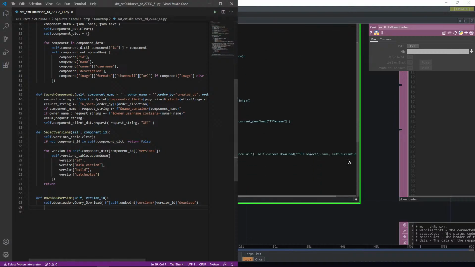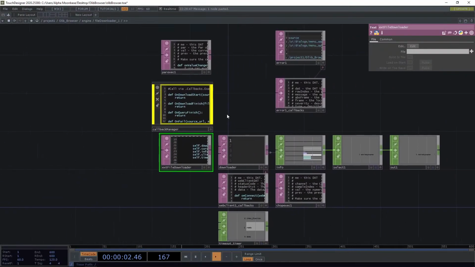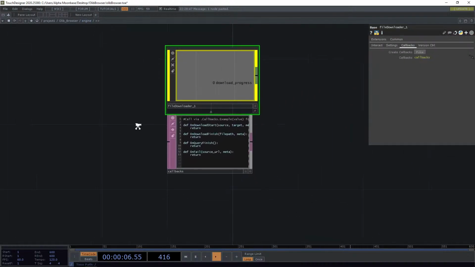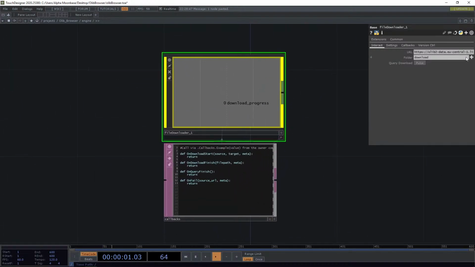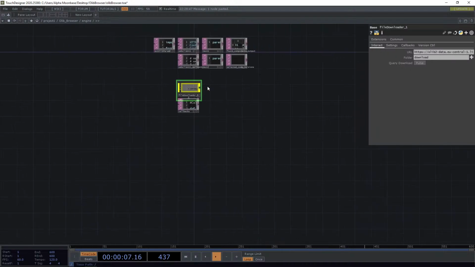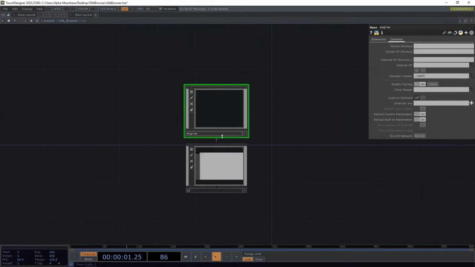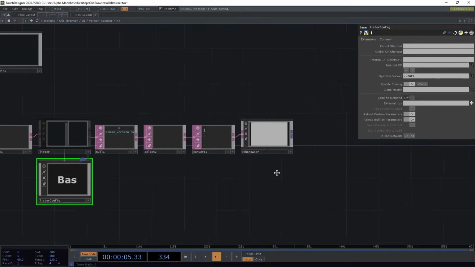So we can save this one here. And yeah, then we have to actually, I'm not even sure at the moment if it's creating. Yeah, I think it should create the folder itself. Okay, so